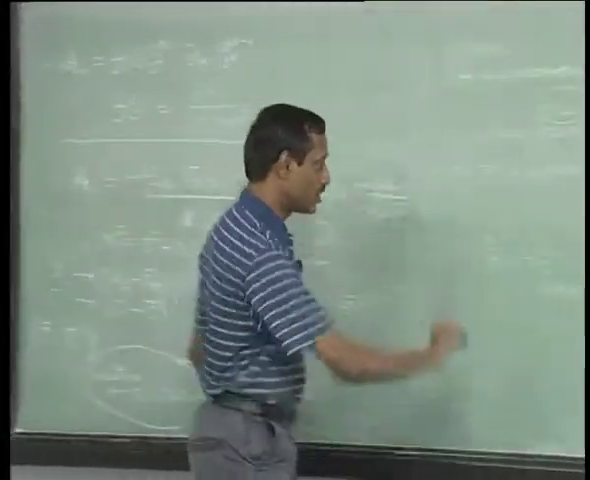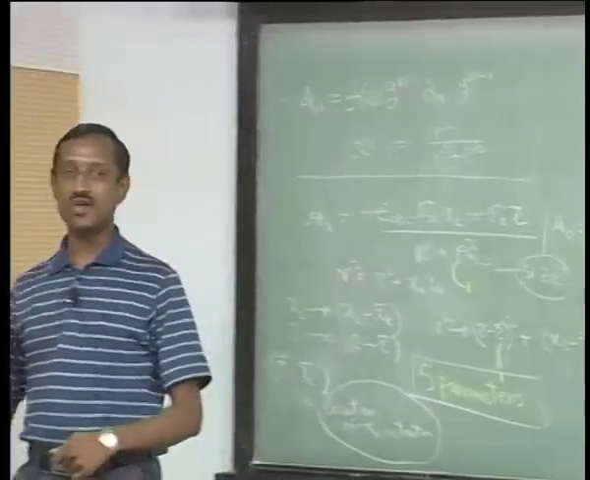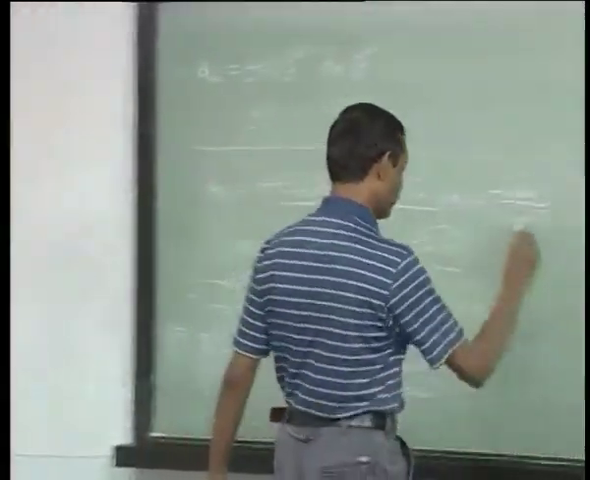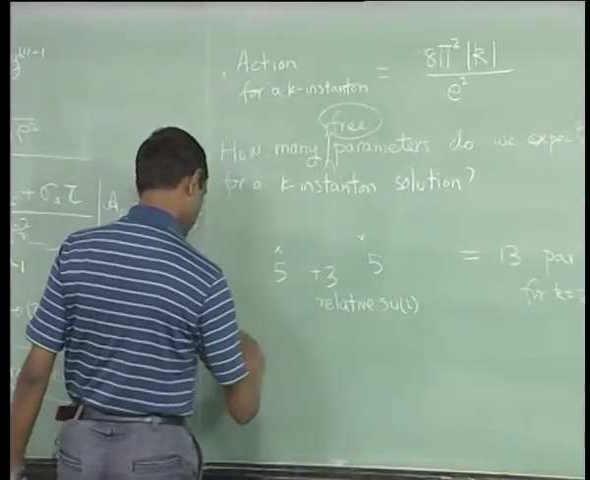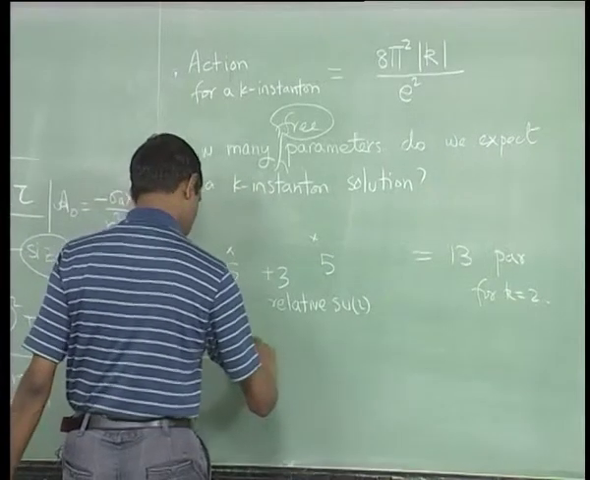And overall we subtract an 8. Okay. So, you can see that that is kind of fruitful, because when we talk of k instantons, for every instanton we will count 8 and then you subtract a 3. Okay. So, the claim based on this is that the number of parameters